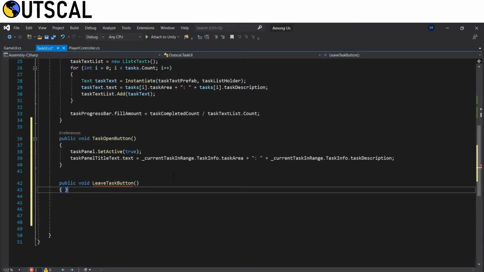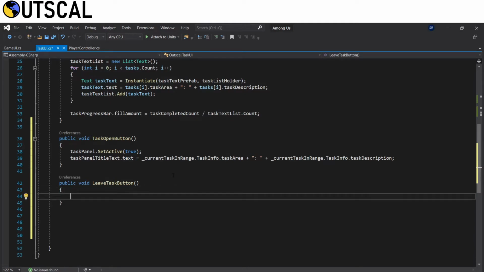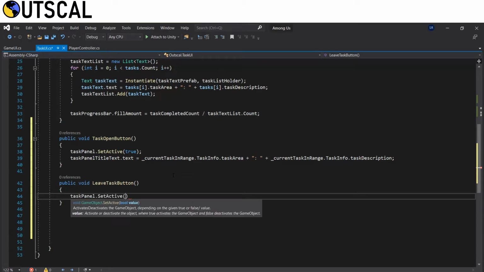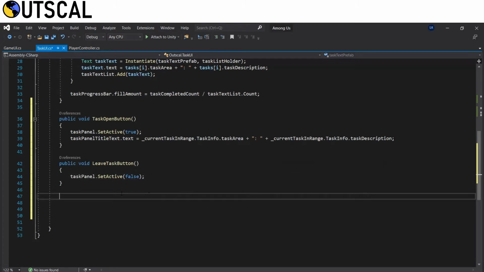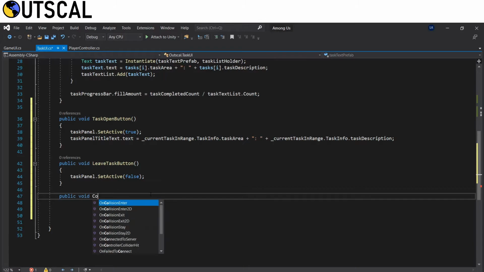Okay, then after that we create a public void leave task button method, and inside it we set the task panel dot set active to false.